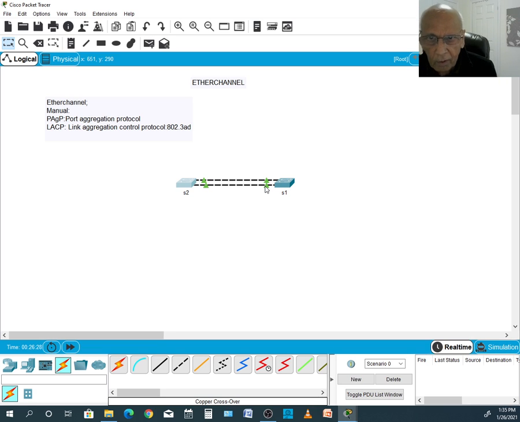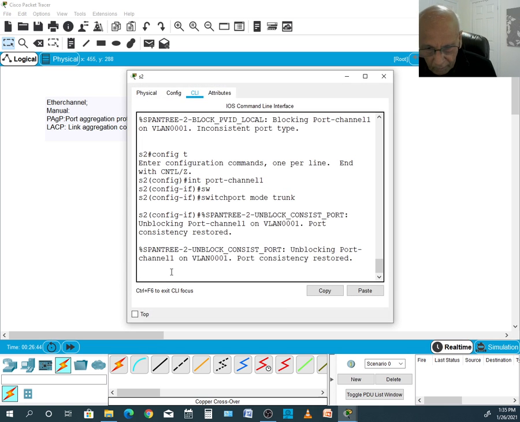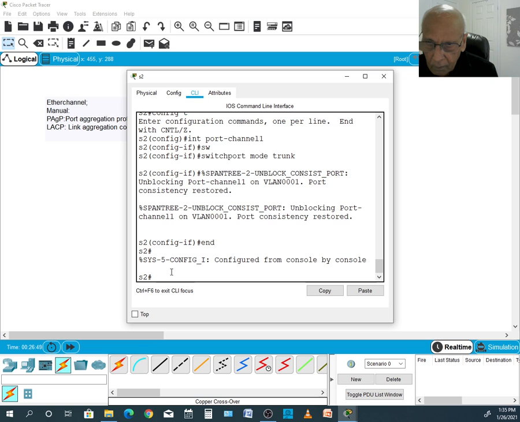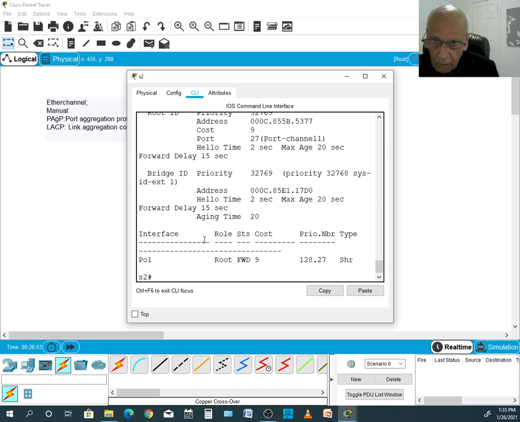Otherwise, by default, if you don't create an EtherChannel, the system is always going to show you that on one side everything is working, but on the other side, except one, everything else is going to block according to the spanning tree. So let's go and check the spanning tree now. For example, when you run a show spanning tree, clearly forwarding state